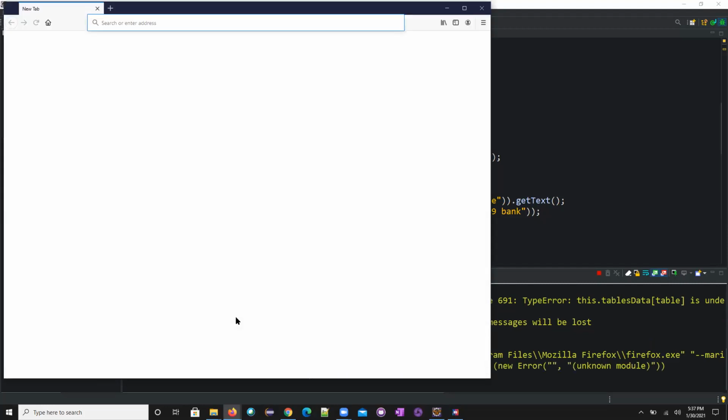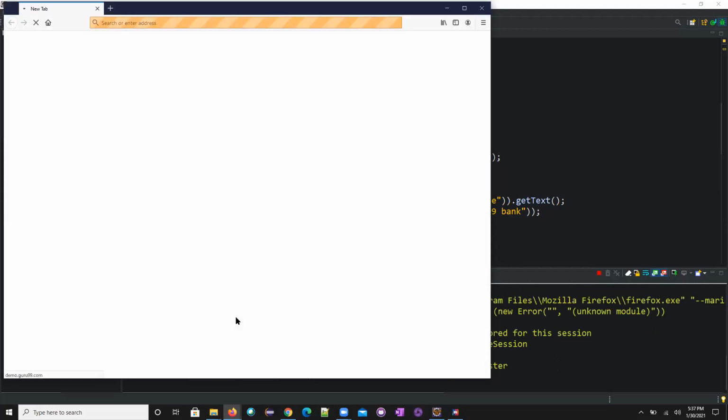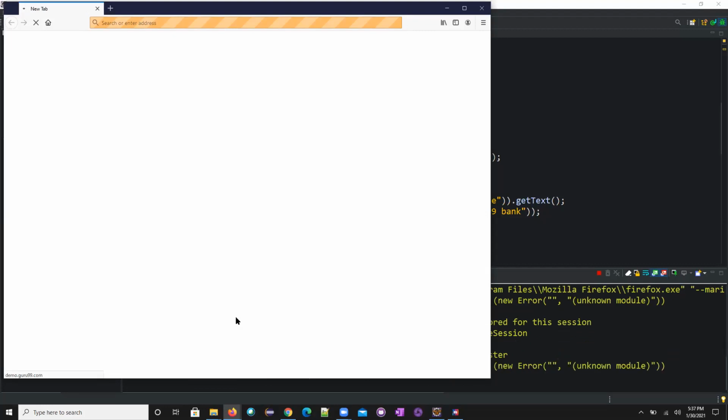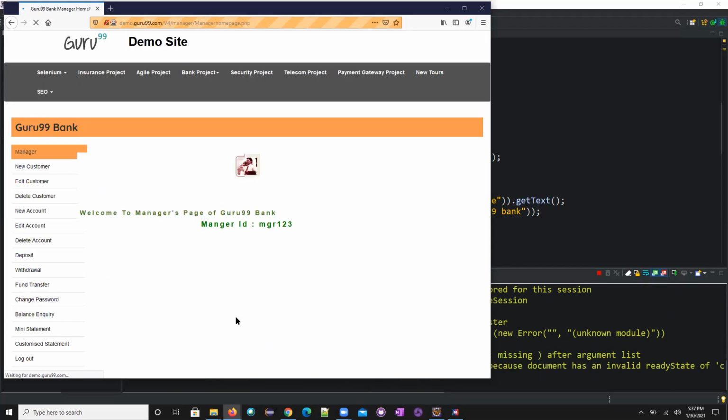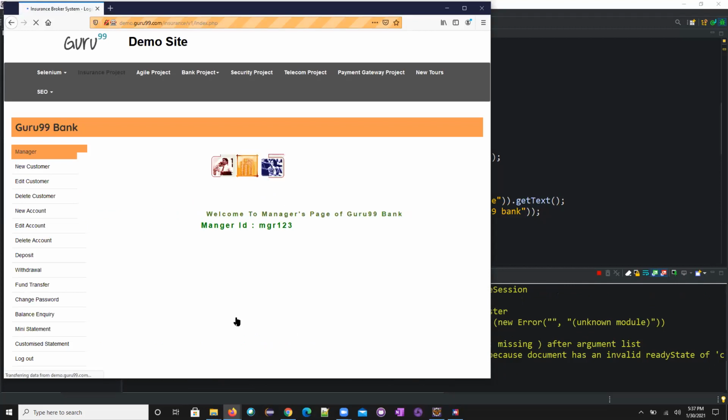The second test case once again opened, and once again it was trying to navigate to the same URL and use the username and password. Still the page is loading, that's the reason it was not entering. Once the page loaded, it came here and clicked on insurance product. You saw it, right?